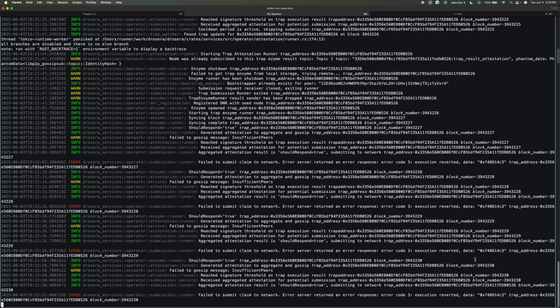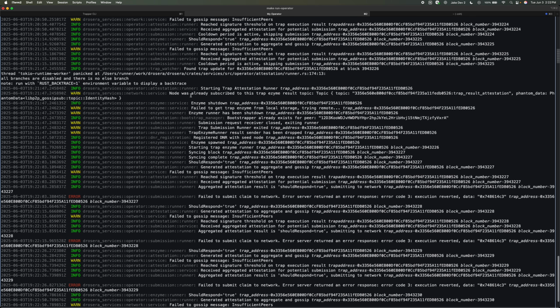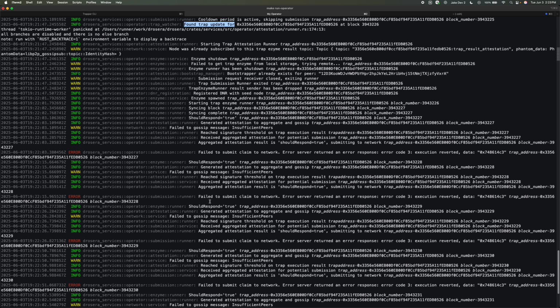Okay. I think it is still. Let's just look at some logs here. Okay, yeah. See, it found a trap update. I just ran Drosera apply to an existing trap, so it's updating it, and the operator automatically found an update, and so it basically restarts the trap that it's running with the new code, and now it's failing to submit the claim because